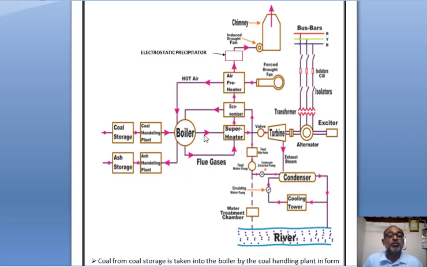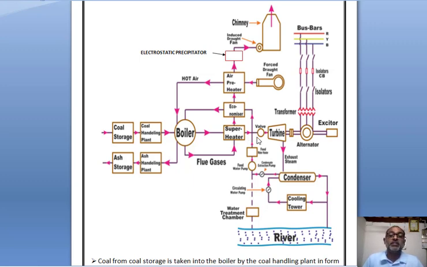So the steam that comes out from the boiler is wet steam. That means the water particles are still present in the steam. So this wet steam is passing through this superheater, where it is superheated by the flue gases produced by this boiler. That means this wet steam is converted into dry steam. So whatever water particles are present in this steam are removed by these flue gases, and we will get dry steam.